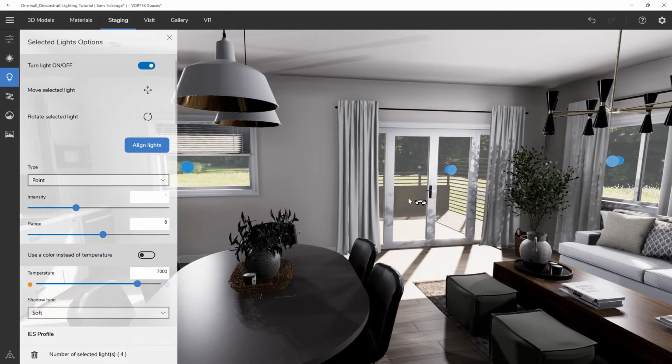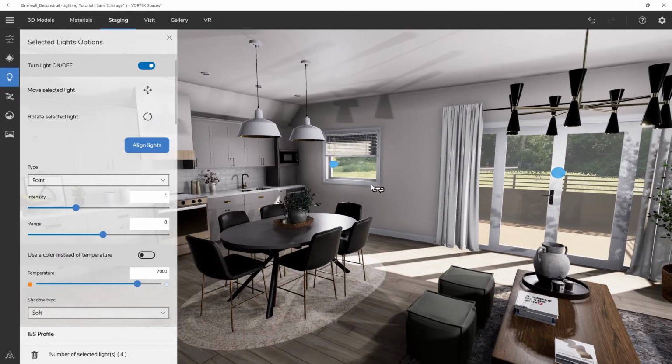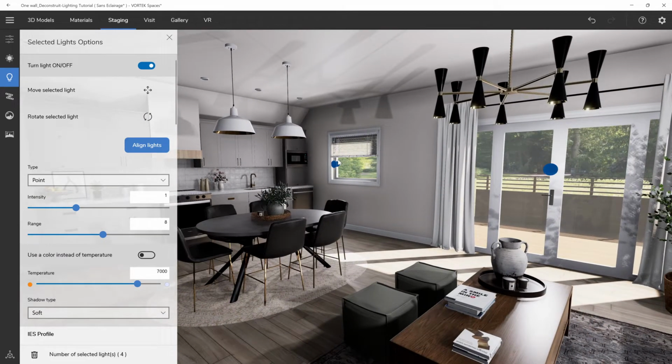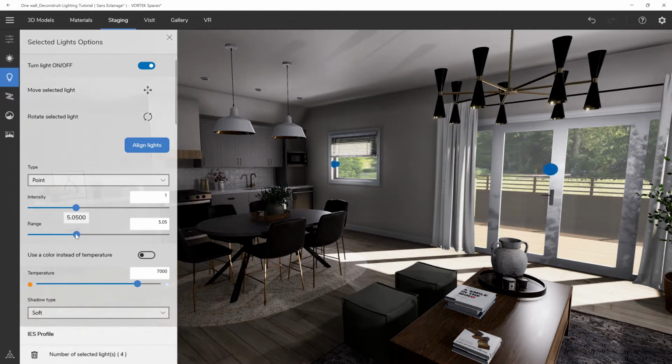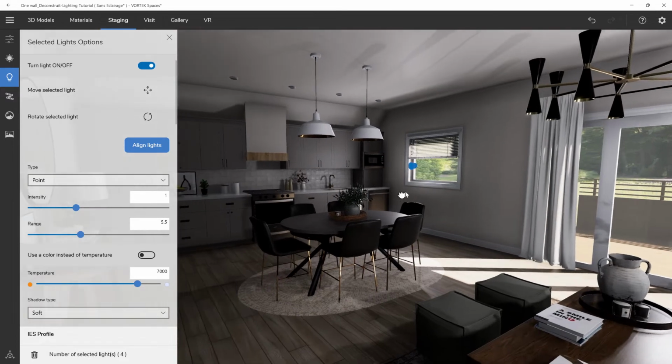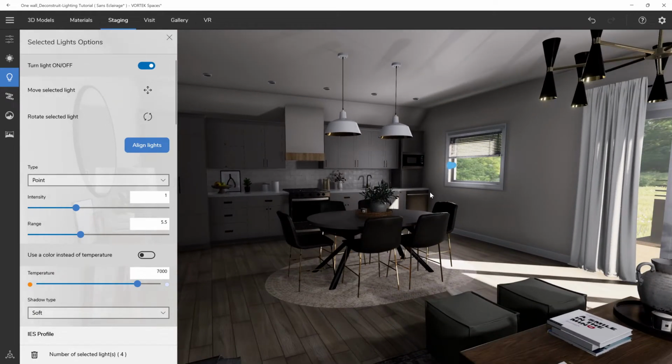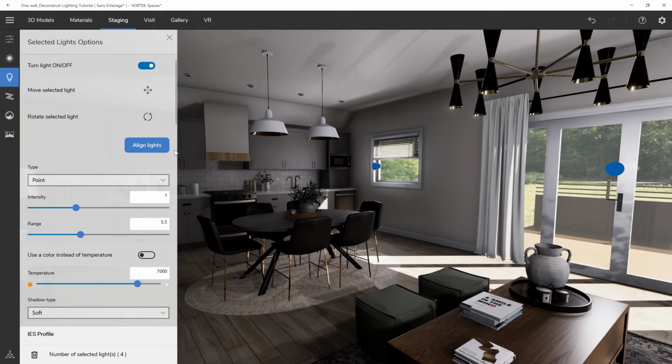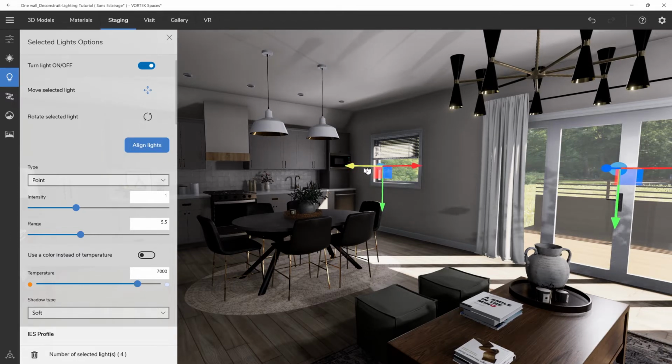smaller, because this room is not too big, and when the range is too wide, you'll get to see some weird shadows. So in this case, I'll just go and bring the range to about 5.5, which is about the size of this room. Those are meters, so that means 5.5 meters. So you see now we start to have a more realistic kind of lighting inside of the project. So next step after that, we'll just go in and